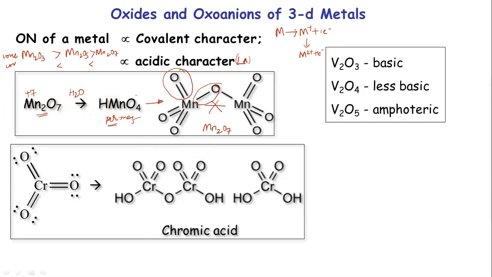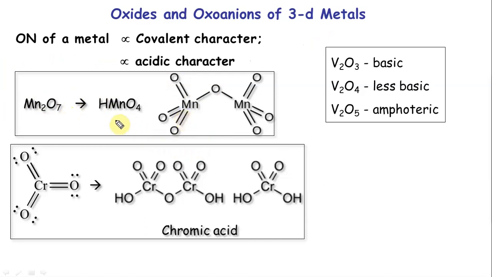Now, what I'm going to do is take one more molecule of HMnO4, I get H2Mn2O8, I'm going to subtract the water, I get this. So basically Mn2O7 is an anhydride of this HMnO4. Same thing you have here. This is chromic trioxide. Chromic trioxide. This is +6 oxidation state.